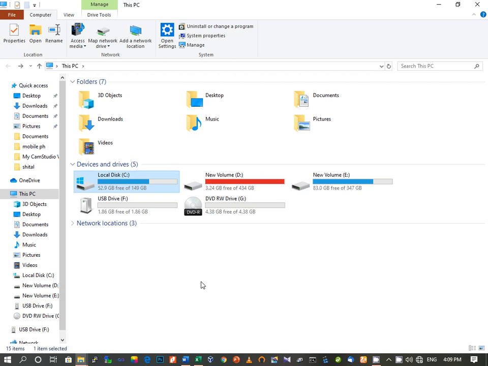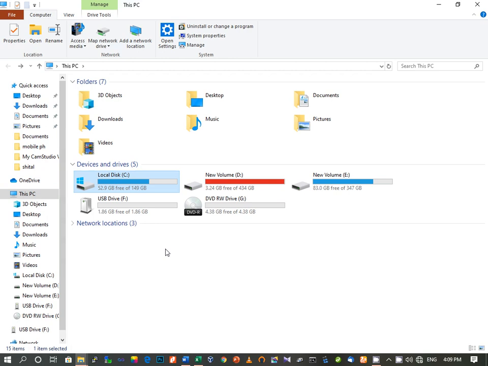When you click on My Computer, you can see some drives over there. Like here we have C drive, D drive, E, F and G drive, and here we have some folders, and these are the navigation places. I mean, this will also show all the drives over here.